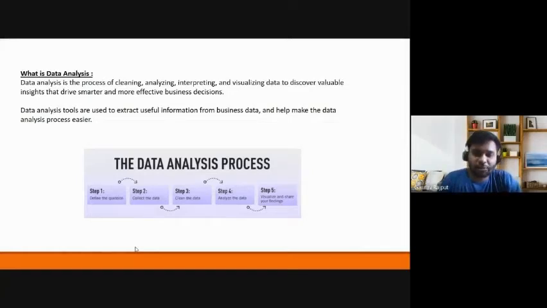Then the second step would be to collect the data, right? Collecting the data would not be from one source, right? It could be multiple sources. You could have data coming in from Excel, from log files, from different types of databases, NoSQL databases or relational databases, or even from text files, right? So it could be multiple sources of data. We have to make sure that we gather all that data from multiple sources and bring it into one, right? So when we bring it into one, we have to clean the data.